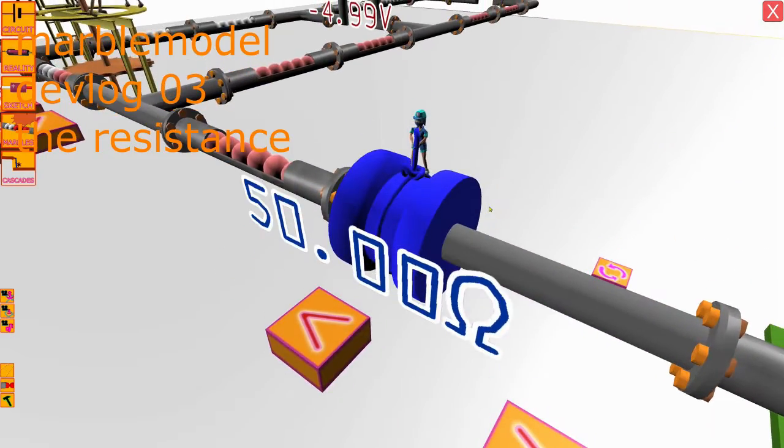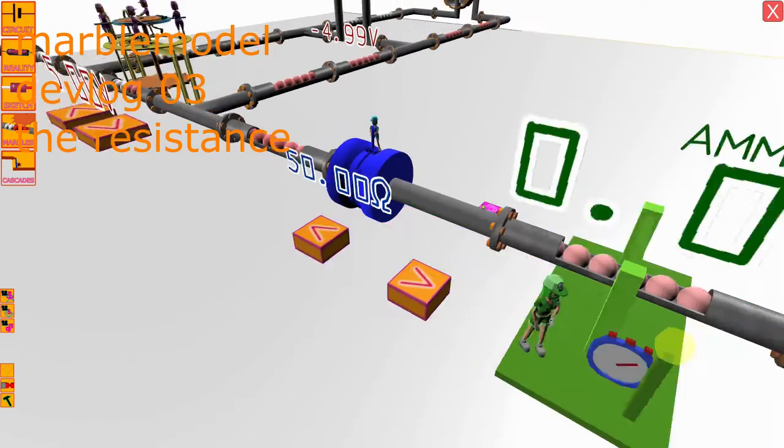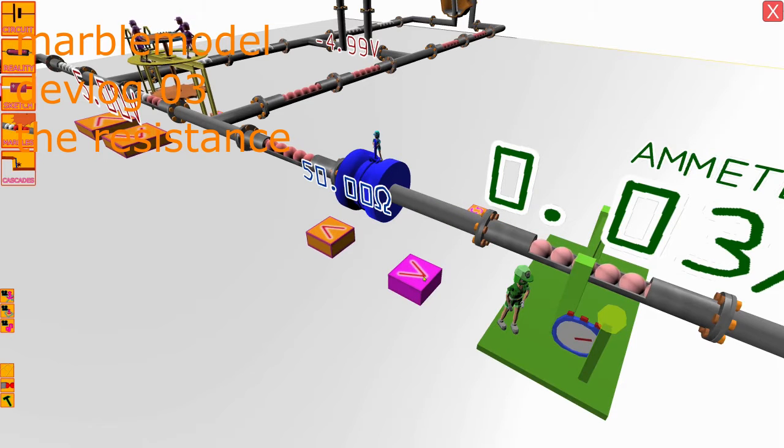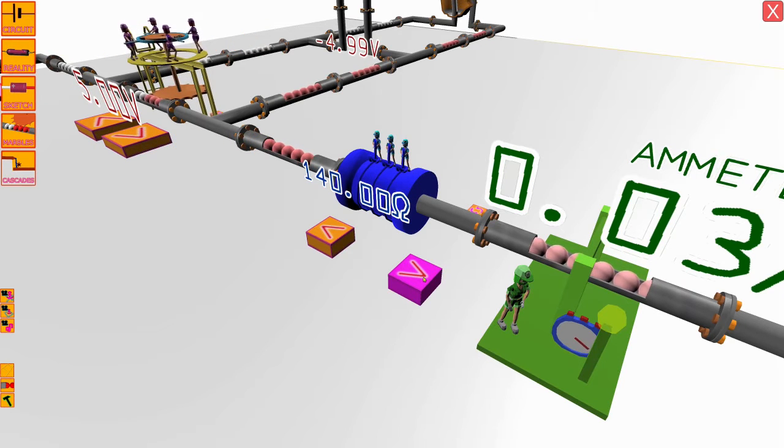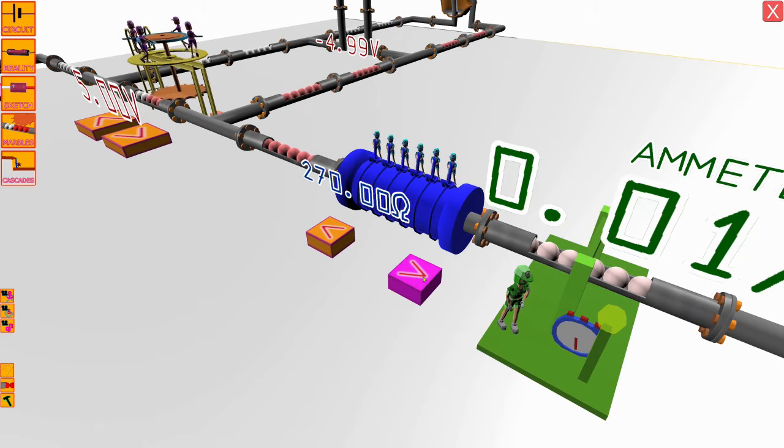The very first idea was having a dwarf standing on top of the resistance, and this dwarf is pulling a wire. The higher the resistance value becomes, the more dwarfs appear. Because it was very time consuming creating multiple dwarfs, I just changed the texture of the original one. And this concept is here visible.